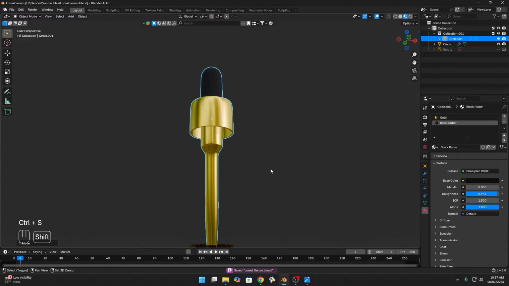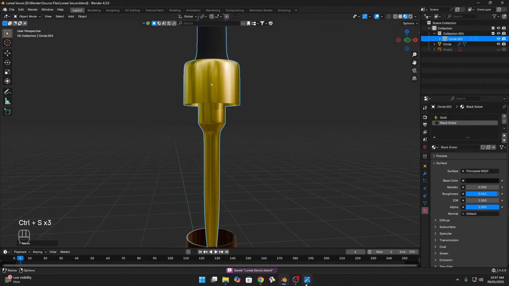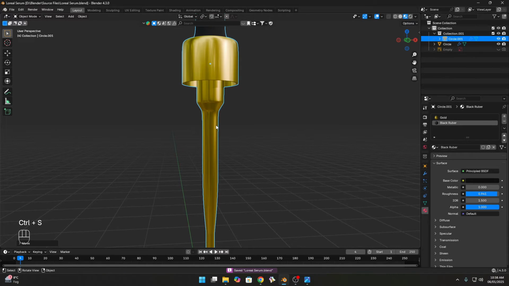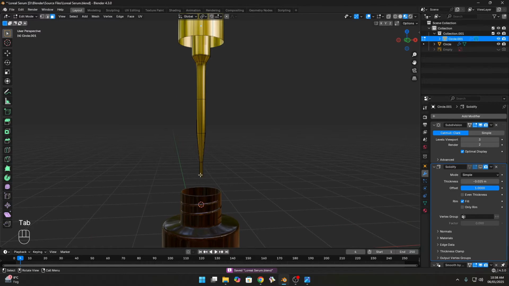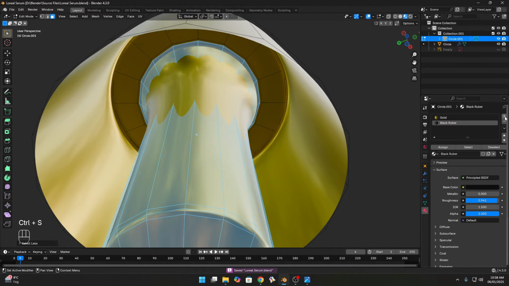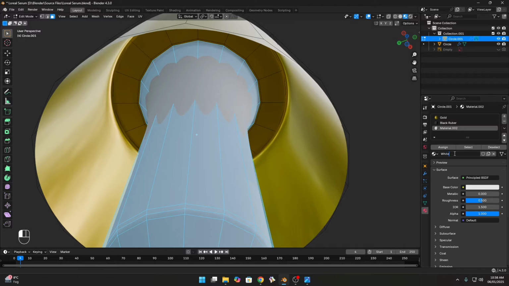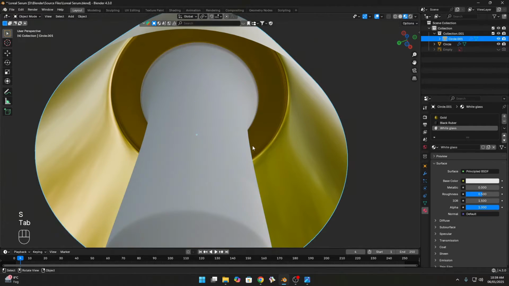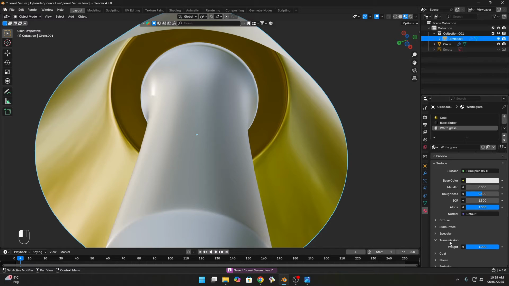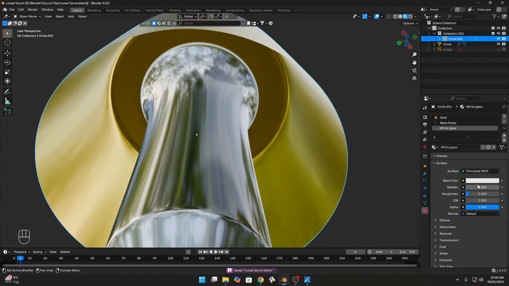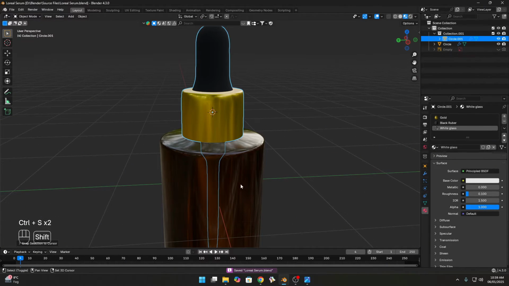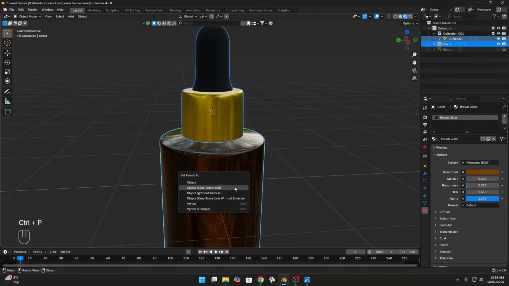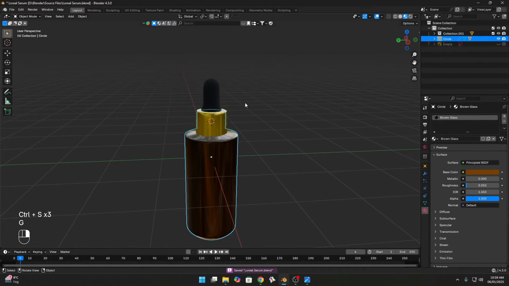Now if we move above, this pipe is not like the golden, it's more like white. So go to edit mode and first we turn off the solidify modifier. Then we select this below part, Ctrl plus to grow the selection. In the material properties, click plus, assign white glass, because it's also like a glass but it's not glass. Just crank the transmission to 1, make the roughness 0.1 and that's it, and also parent this with the bottle. Select this bottle, press Ctrl P and keep transform, so it's also transformed with the bottle.